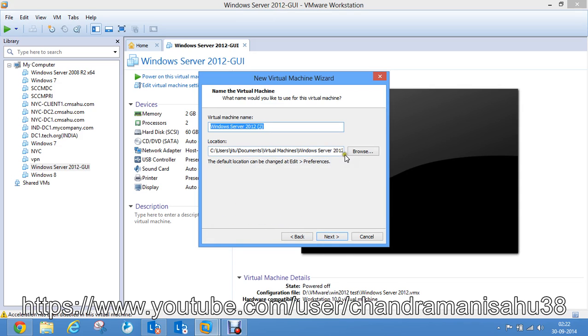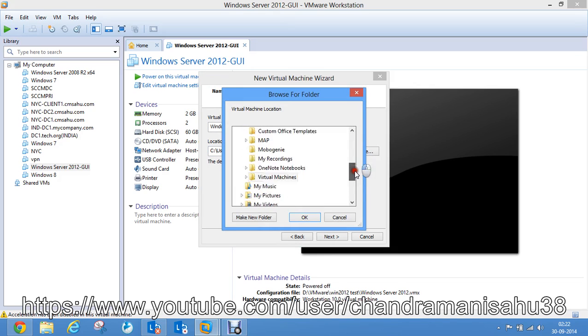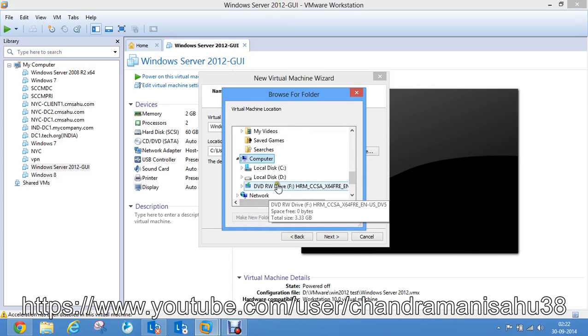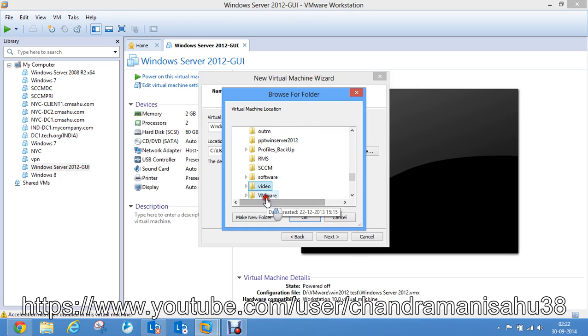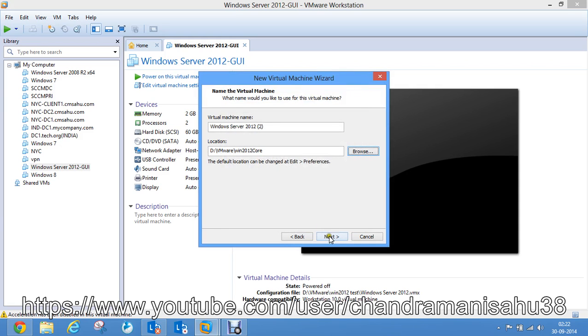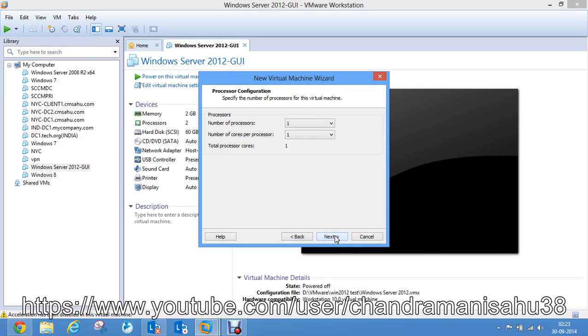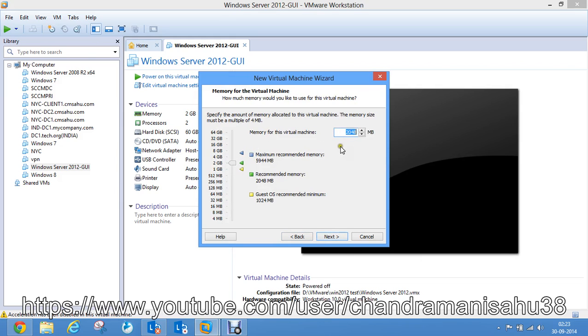Next, and it's asking the location where you want to save this VMware file. Win 2012 Core. Okay, I'm so sorry, I just wrote the name also: Core. Then click next. As per your requirement you can give the RAM also, but I just give 1024